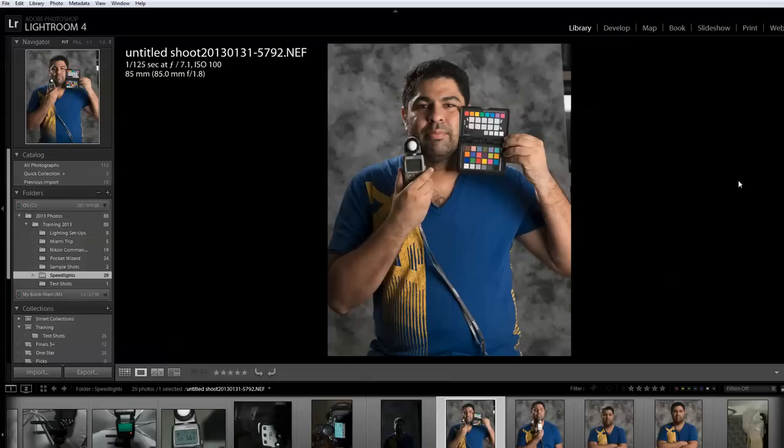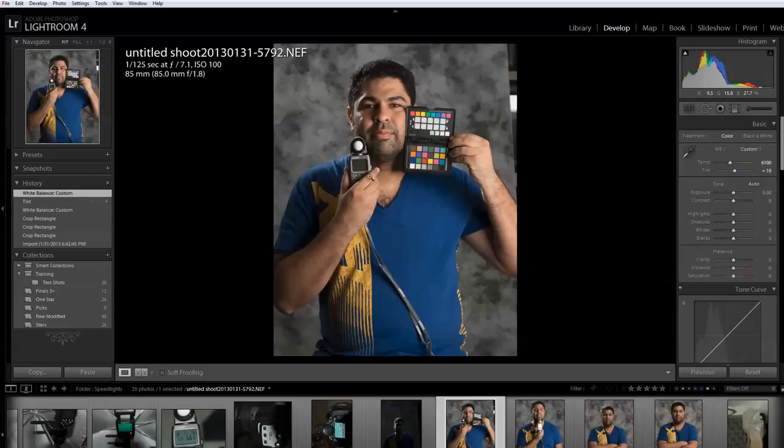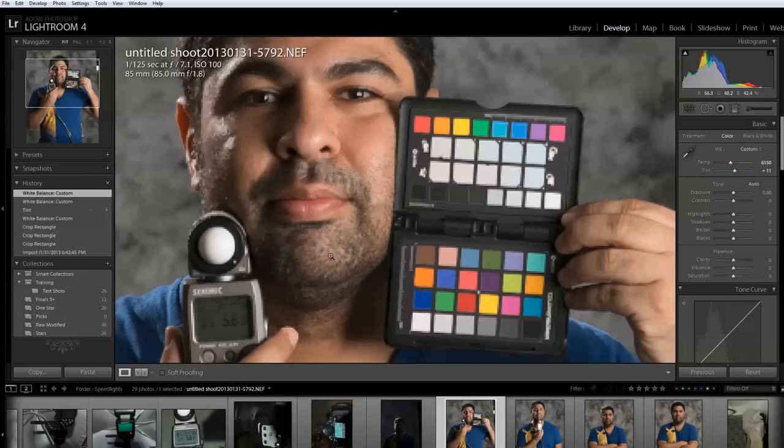Then the next thing that I wanted to talk to you about is the color checker. Sorry, I blanked out. With the color checker, when you have the right exposure, you have here your 18% gray, and here is a little bit warmer, which is what I like, and then you can sync all of your photos with the same white balance. Okay,